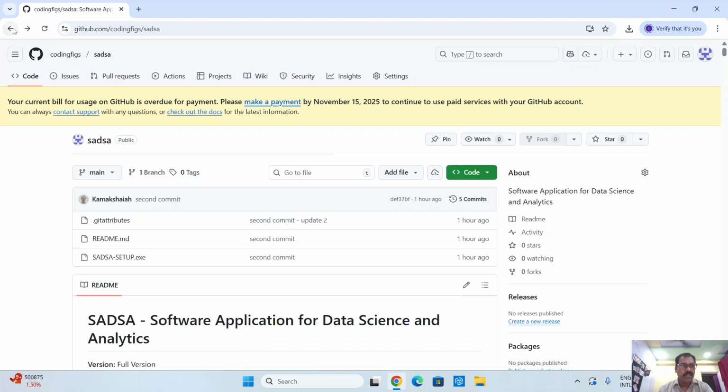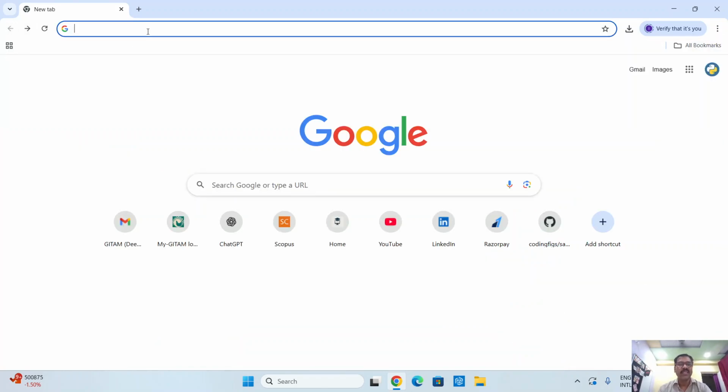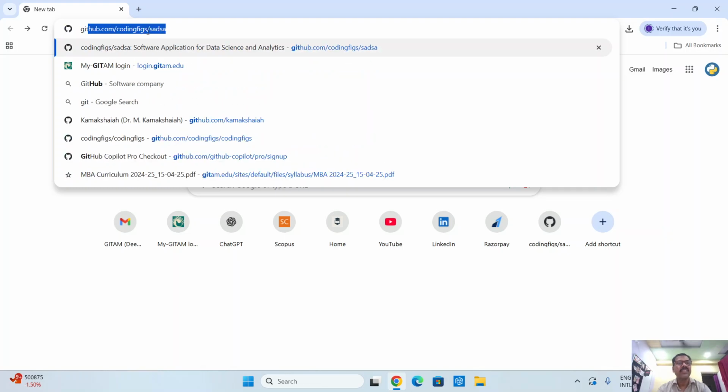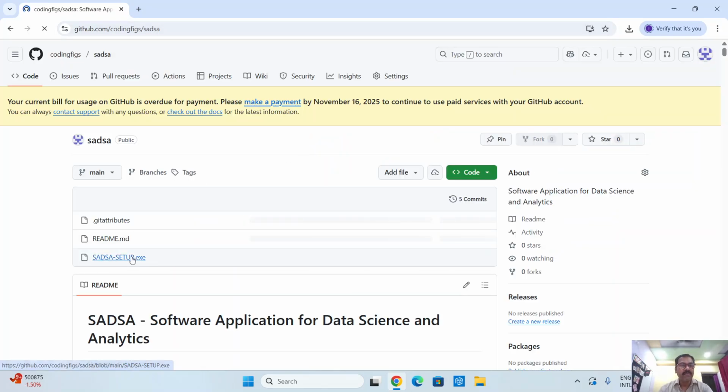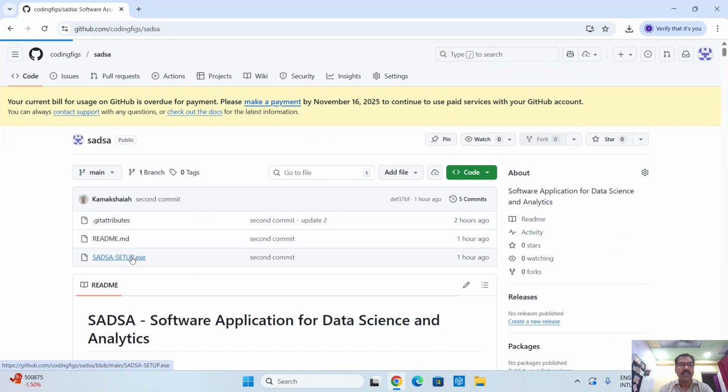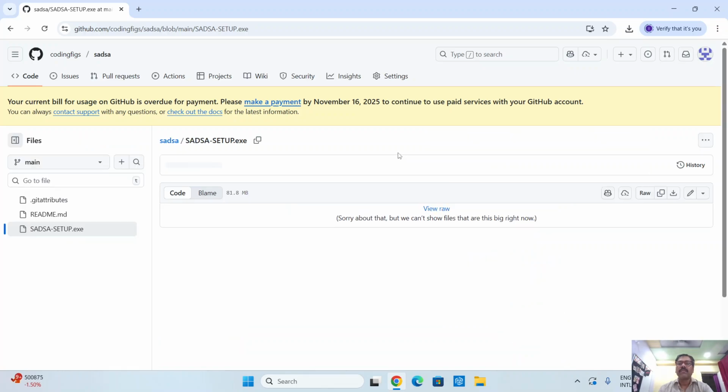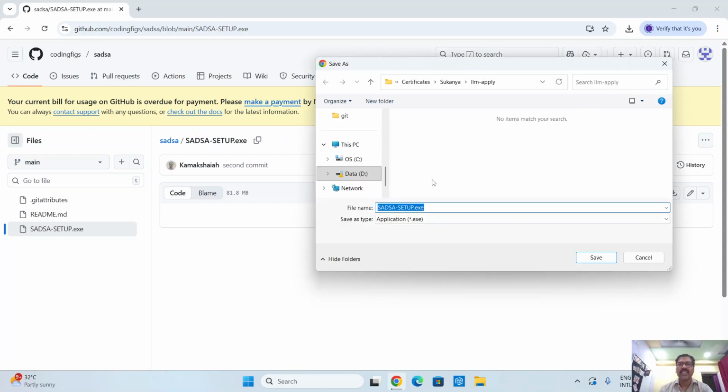So where is this application? You just have to go to my GitHub repo, github.com/codingfix/SADSA. If you go here, you will find this setup file. When you click on this file, it will show you view raw, and you just have to click on this, and your download starts just like that. Now I'm going to save this